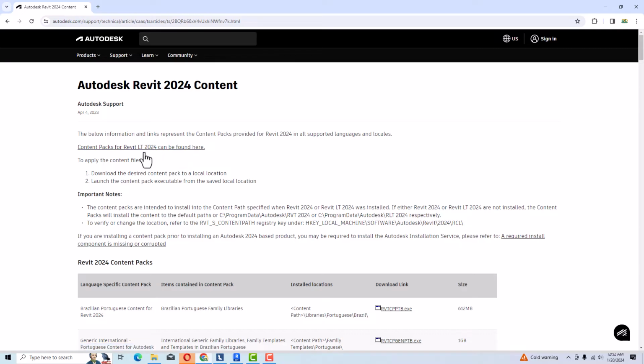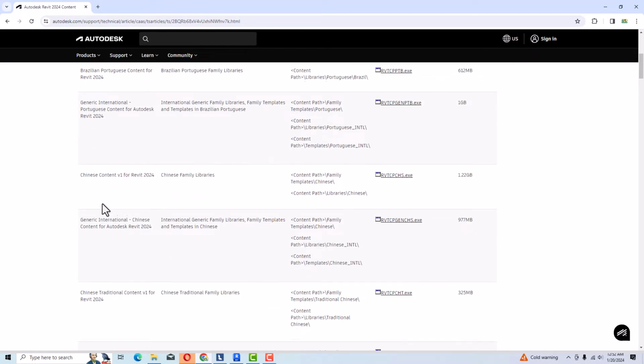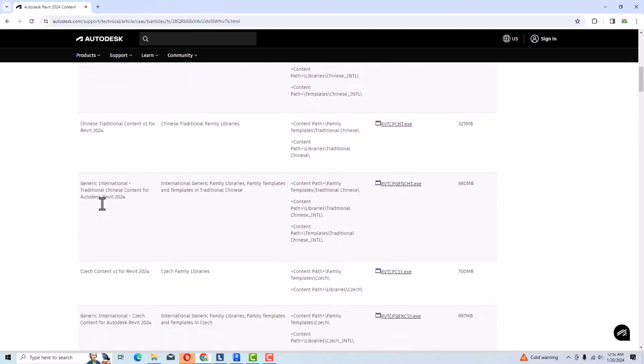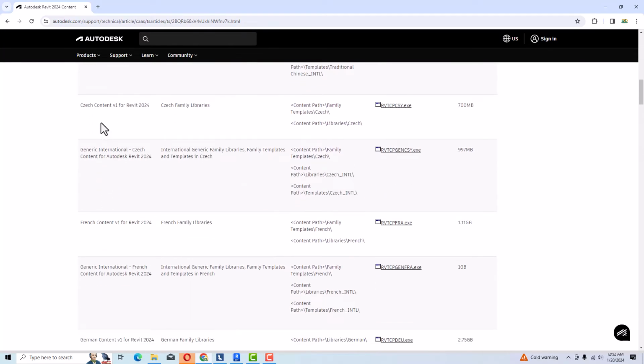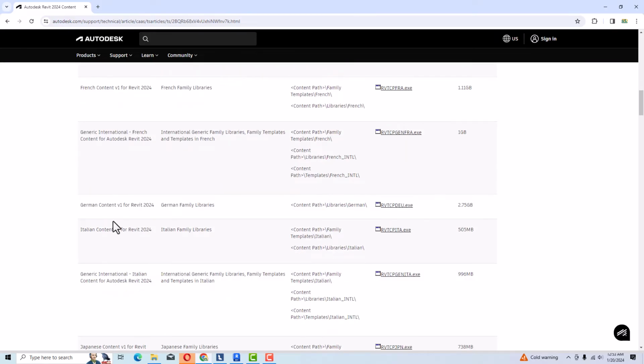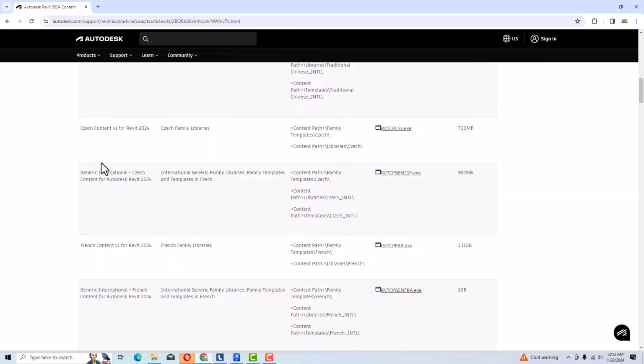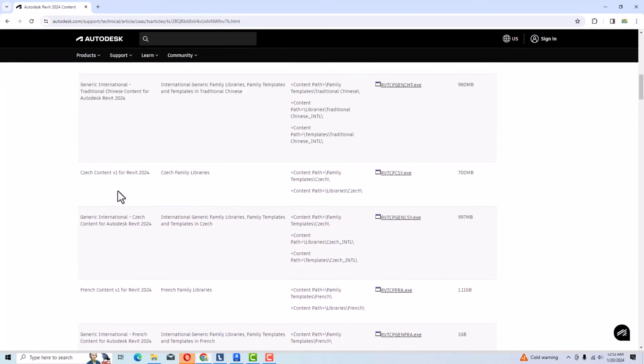So if you are using Revit LT, you will just click here, and now you can see the Revit 2024 content packs. I'm coming here, and you can see there are different content libraries for different languages. This one is for Brazilian and Portuguese, Chinese. So I am looking for my English, so I am going to my generic content, and I will look for my English content here,